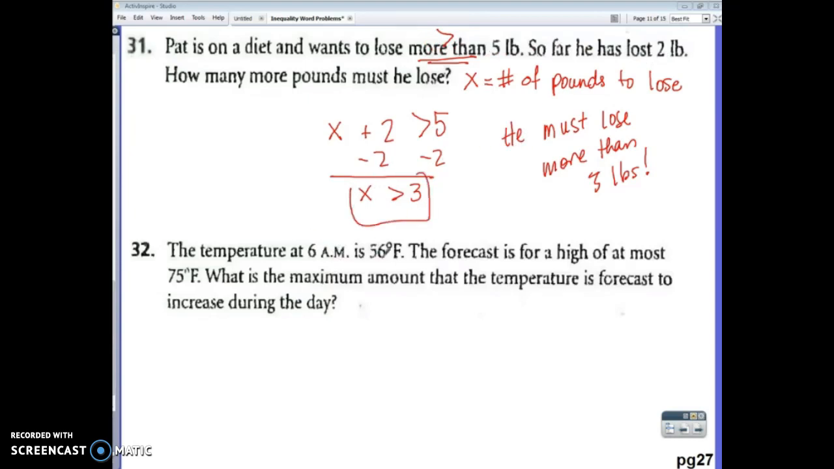All right, the temperature at 6 a.m. is 56 degrees Fahrenheit. The forecast is for a high of at most, so that means I can't go over, but I can be equal to. So less than or equal to. At most, 75 degrees Fahrenheit. What is the maximum amount that the temperature is forecasted to increase during the day? So X represents the max increase